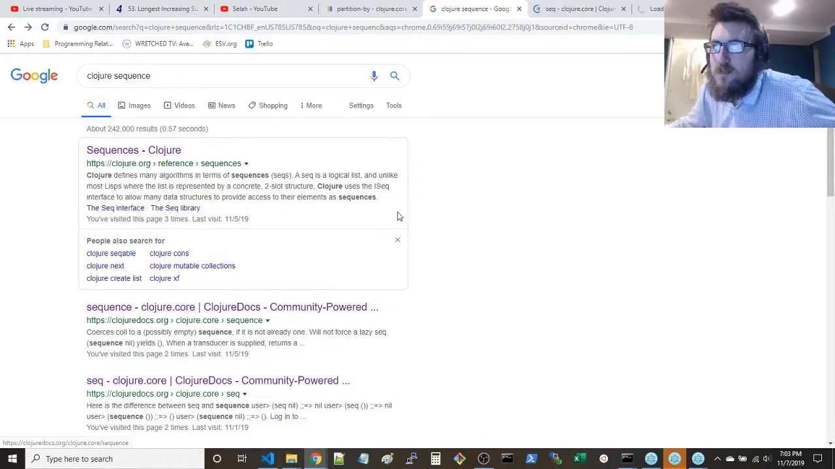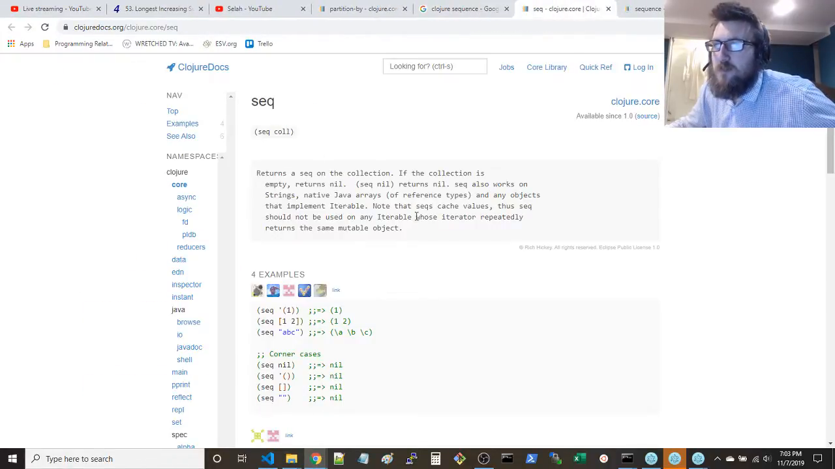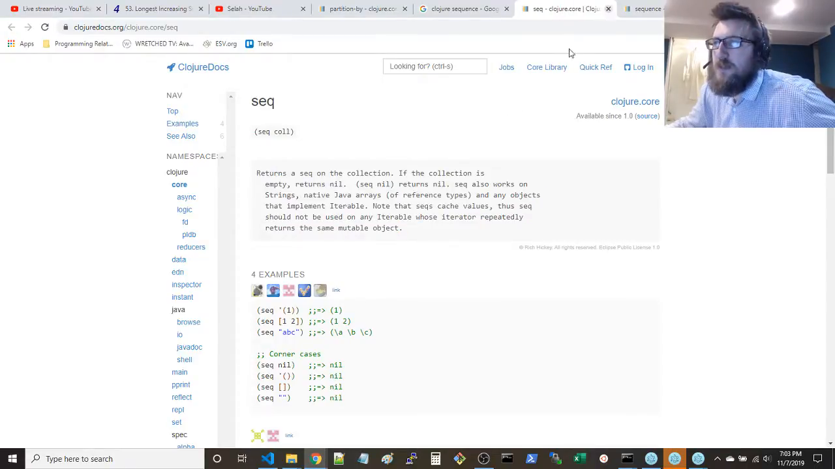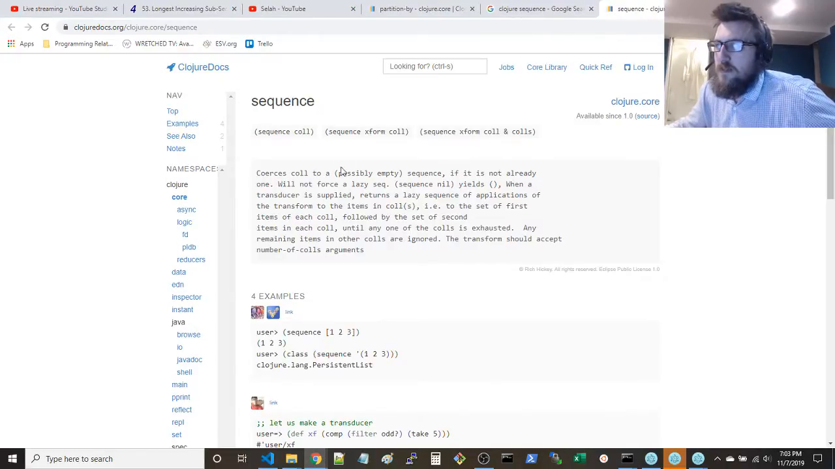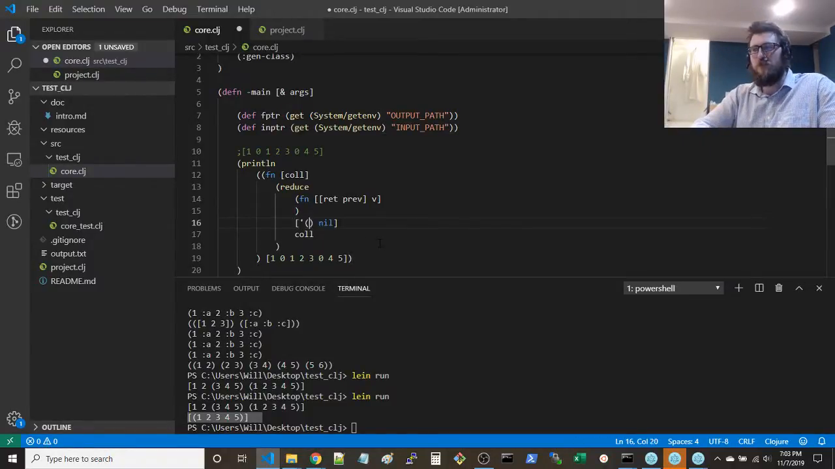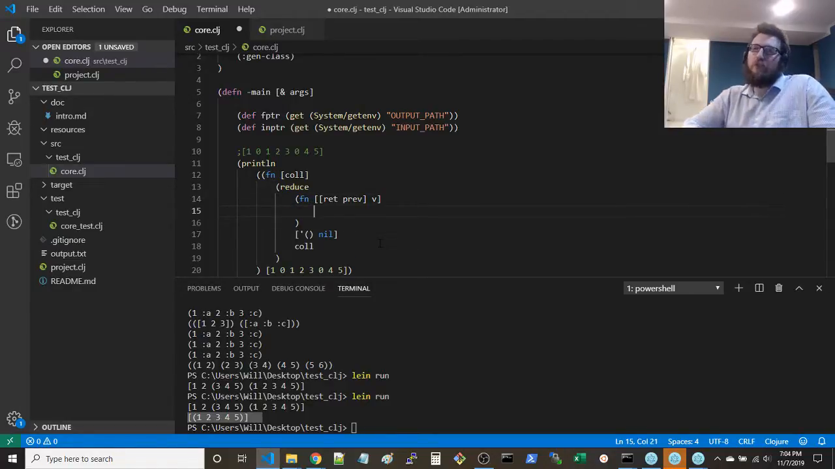Seq and sequence are kind of interesting. This creates a sequence out of a collection. Never mind. We want an empty sequence. I think this might be one of the few ways to actually get an empty sequence. I don't know if this is kosher, but anyway, what we want to do is start with this vector of two values, nil and an empty sequence. And as each value passes by,